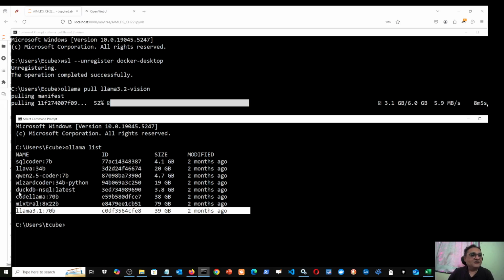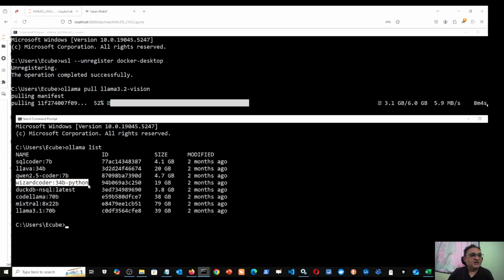Now for Python, I will be using mainly Wizard Coder, that is 34 billion. And for SQL, if you want to do SQL, then you will use this. Some other models are also there, but you don't need all of them. This Code Llama is exclusively for coding, and this DuckDB NSQL is also a nice model. Then this Mixtral is a Mixture of Experts type model, and that is also a good model, but we don't need all of them. So whenever I tell you how to install Llama and all that, I will also tell you what one or two models you need,